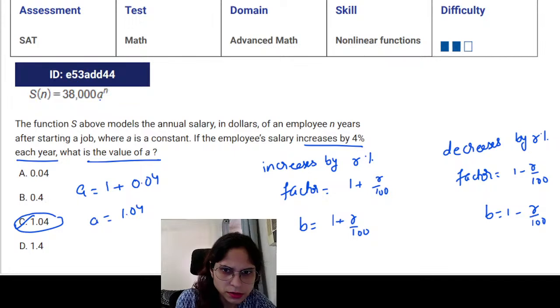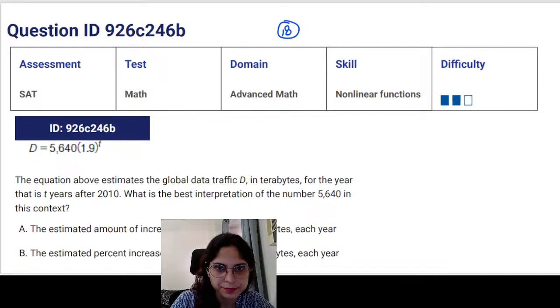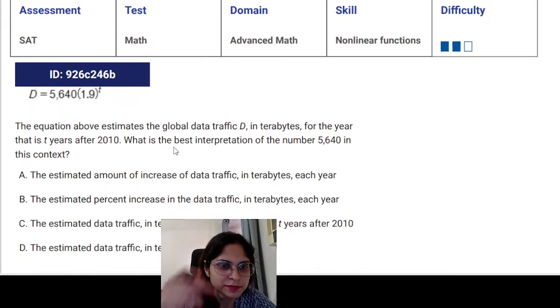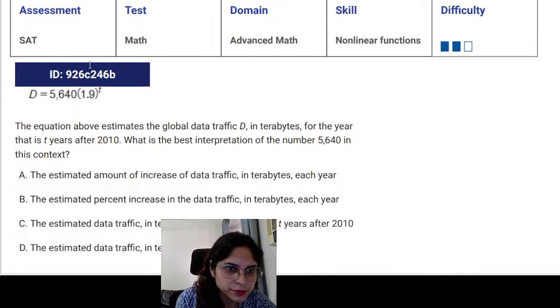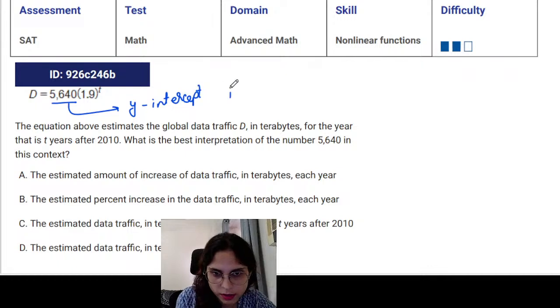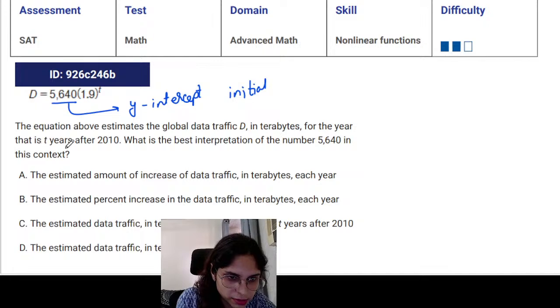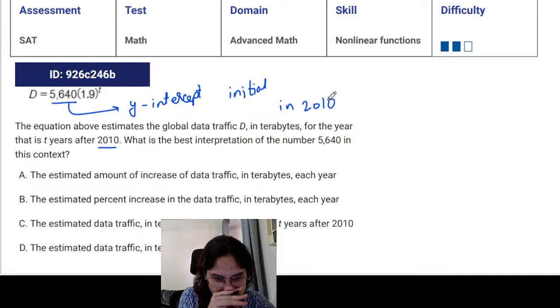Next one is question number 18, that will be on page number 19. Equation estimates the global traffic data. What is the best interpretation of 5640? So 5640 is going to be the y-intercept. That's the initial value, and according to them, the initial is when t years after 2010 is zero. So that means in 2010. And this is the estimated amount of traffic